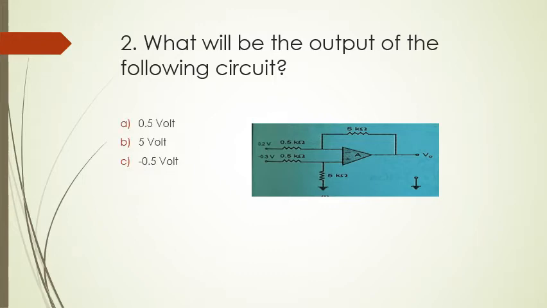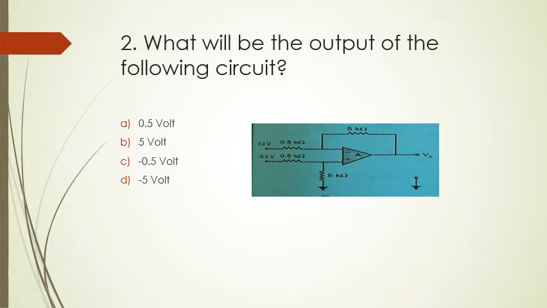So options are given, and if you can see this circuit properly, then you can easily identify that this is nothing but the subtractor circuit, because in the op amp as subtractor, only in that application we are applying input to both of the input terminals of the op amp. Here, as you can see, 0.2 volt is given to the minus terminal, which is the inverting terminal, and 0.3 volt is given to the non-inverting terminal.